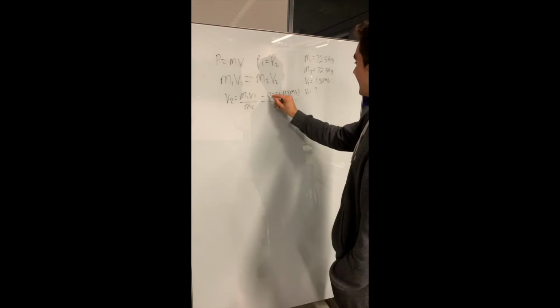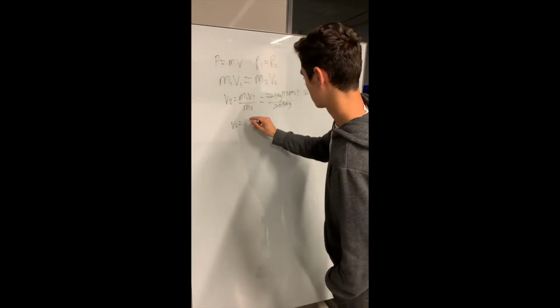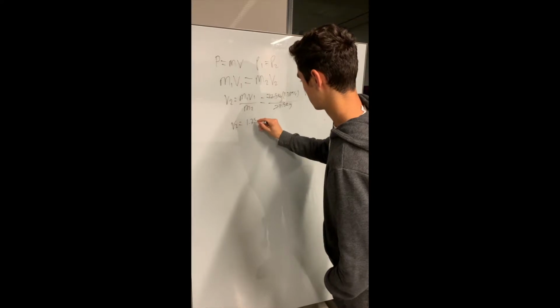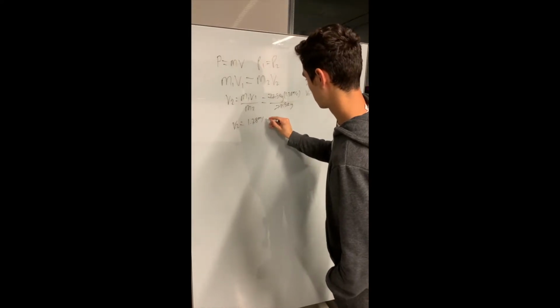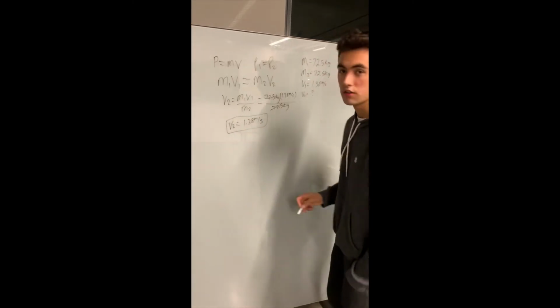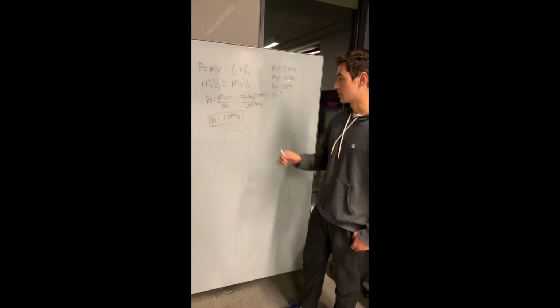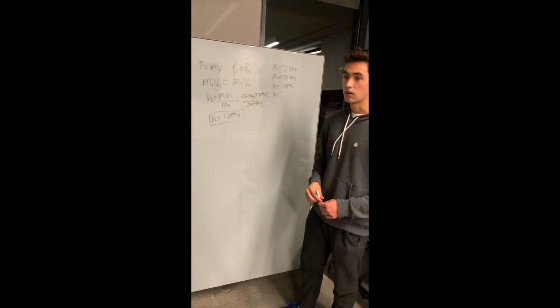It cancels out, so V2 equals 1.38. So we would expect that the final velocity of my chair would be 1.38 meters per second under ideal